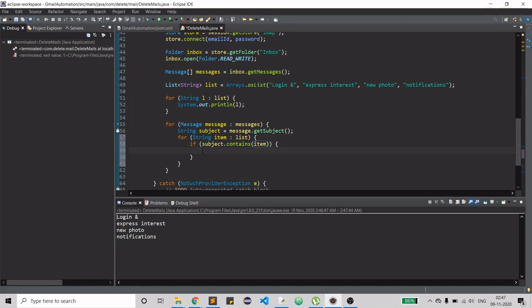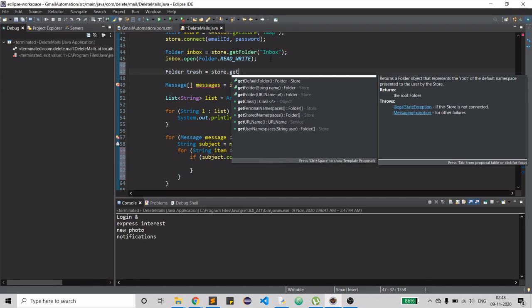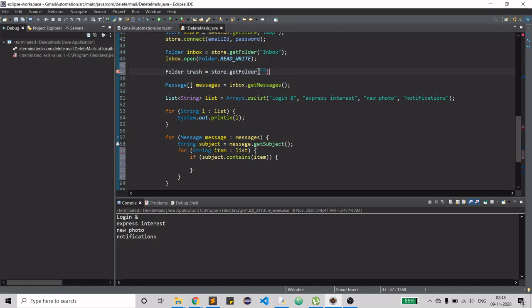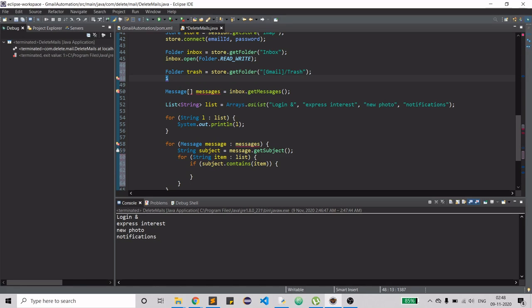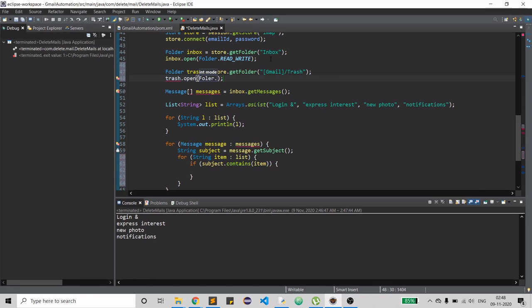The first way is to flag it, and later on Gmail will take care of it for you, but unfortunately it will take some time. It won't be a direct delete. So what we can do is directly move it to our trash folder. So I'll open my trash folder here, store.get folder, and the syntax will be unique Gmail. I tried trash, it didn't work, so I had to use this. I don't know why. For inbox it works with just inbox. Trash dot open, folder dot